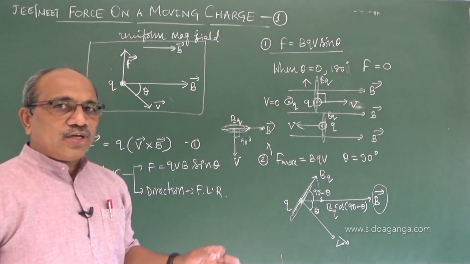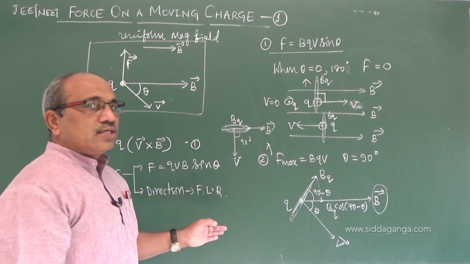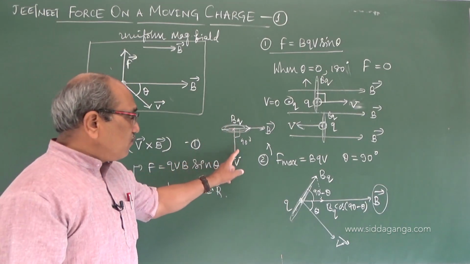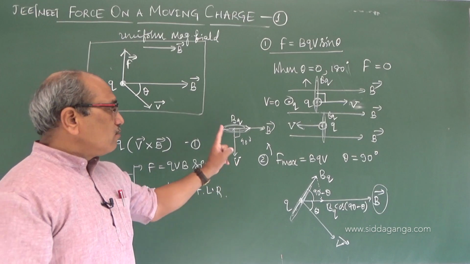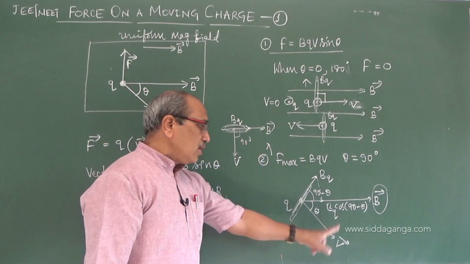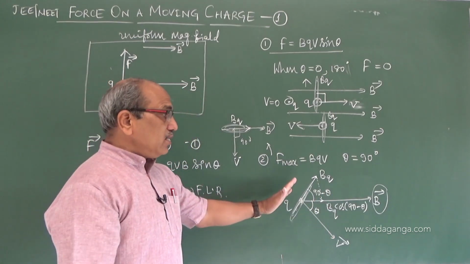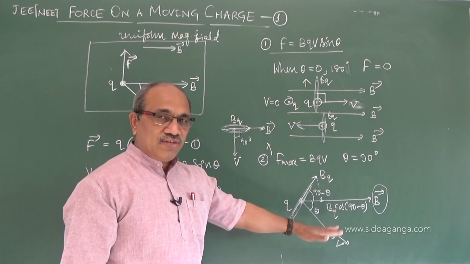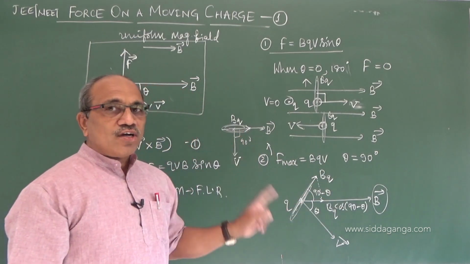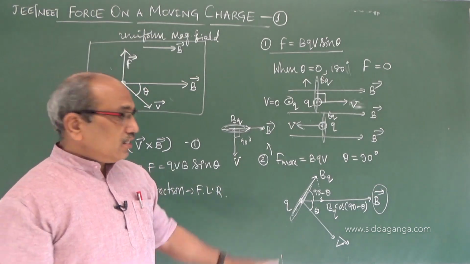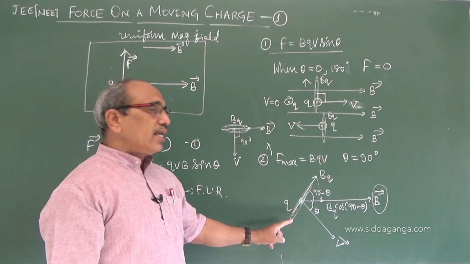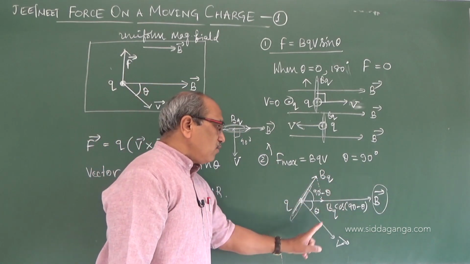I hope you followed the reason why the charge experiences a force while moving in the magnetic field. First, remember that a moving charge produces a magnetic field, in a plane perpendicular to the velocity vector. If this field has an interaction with the existing field, then the existing field opposes this interaction and wants to take the charge off from the region of the field. That is the force it experiences, and it is in the direction perpendicular to both B and V.